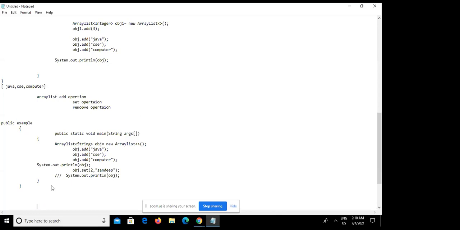So why is vector coming? One vector is there, and it is similar to array list. It is also extending the